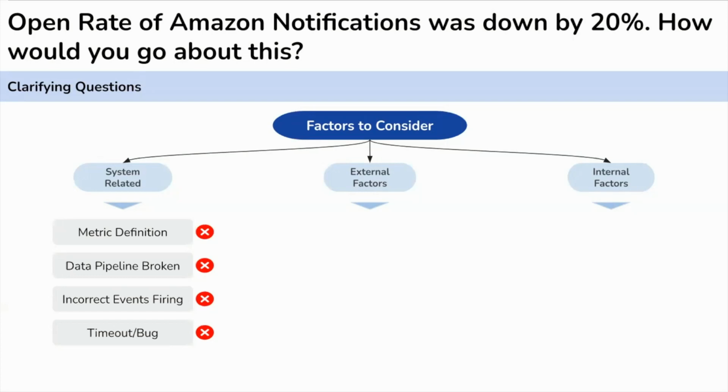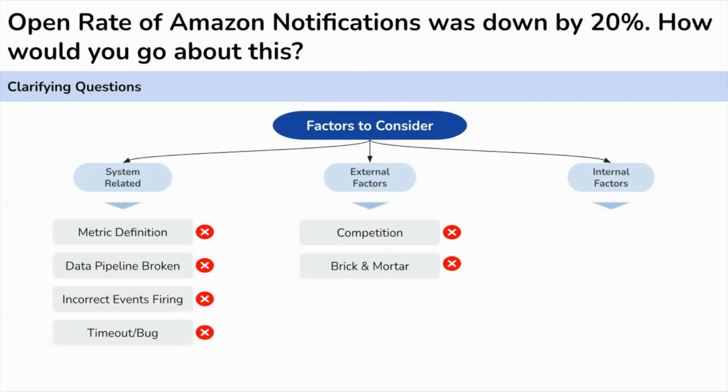Now let's dig deeper into the external factors. The first factor can be related to the competition. That means some competitor has entered into the market just after COVID and is offering a very lucrative discount, or the pricing and selection is very good. That is where a lot of people are diverted from Amazon. But this wasn't the case.